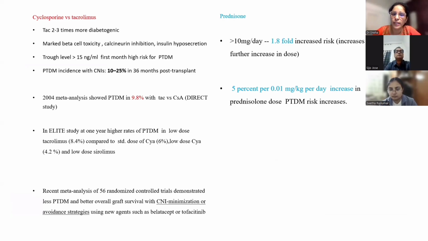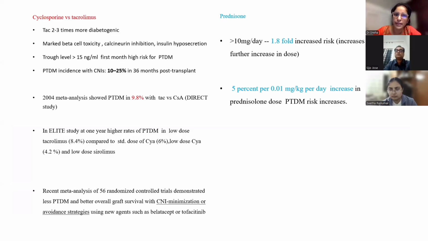Next, about immunosuppression, prednisolone is high risk. If the dose is more than 10 mg per day, there is a 1.8-fold increased risk for PTDM, and as the dose increases, the risk is more. In a study, they found that for every 0.01 mg per kg per day increase in steroid dose, there is a 5% increase in PTDM. Among CNIs, TAC is 2 to 3 times more diabetogenic than cyclosporine